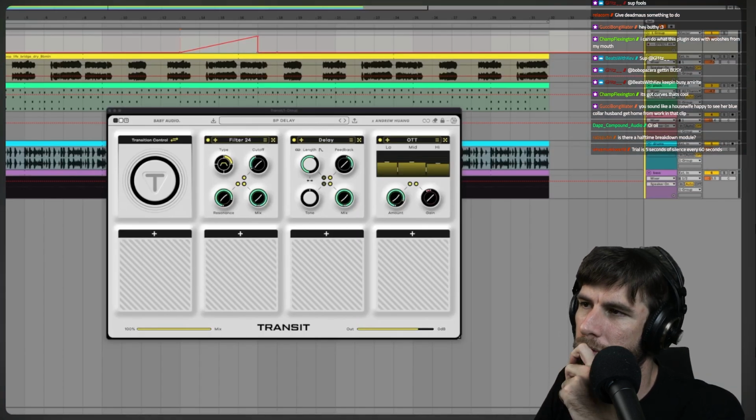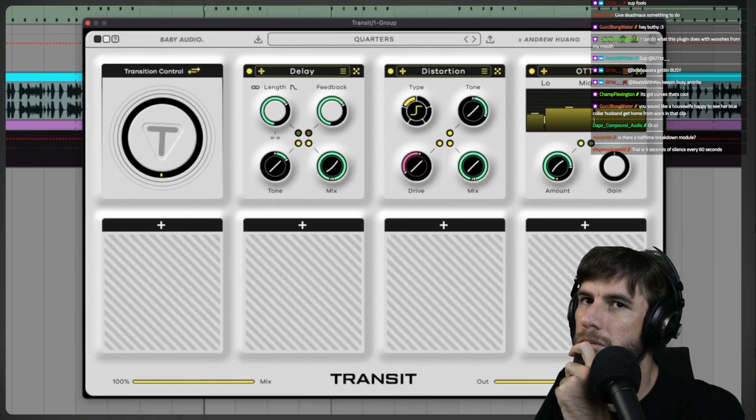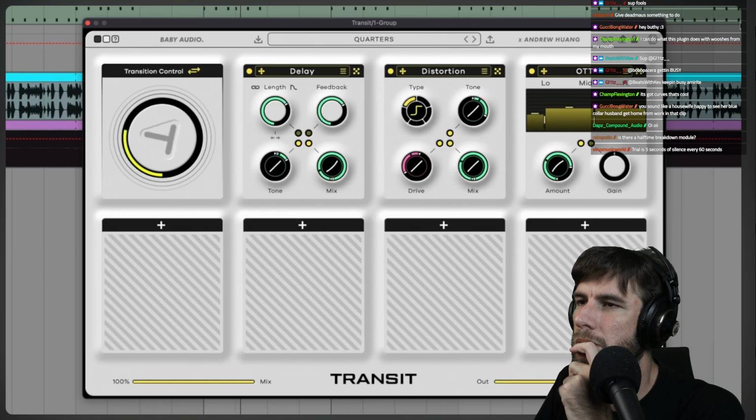I'm gonna just loop this part and run you through a few presets so you can get a feel for all the different kinds of transitions that are possible. And I'm also gonna turn on this little vocal sample I have on here so it feels more like a full song.